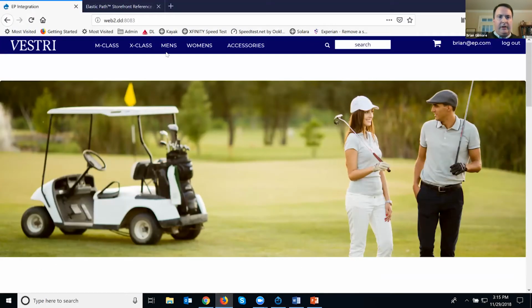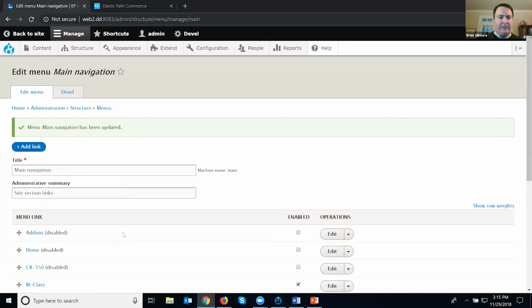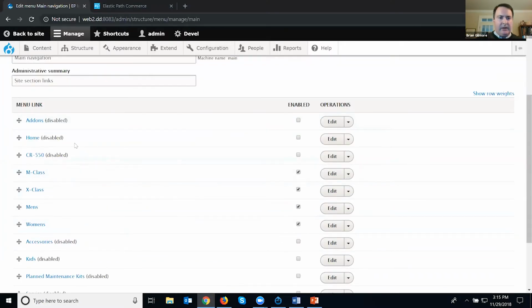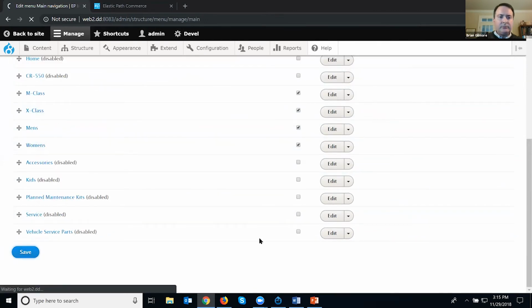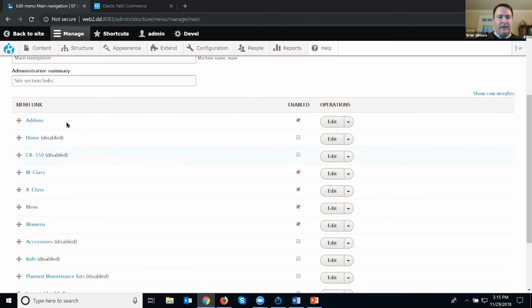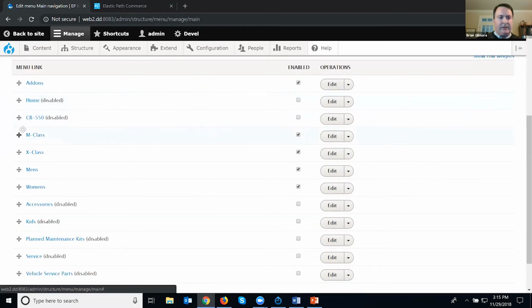And we'll come over here and we'll refresh the page. And as I refresh the page, you now see that the accessories has been removed from the navigation there. And if I wanted to add something, I can very simply just go back in, and we'll just replace that with add-ons instead. We'll save that, and actually I want to move that down to the end where the accessories